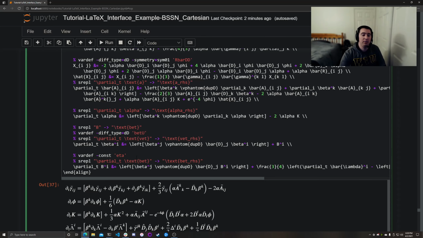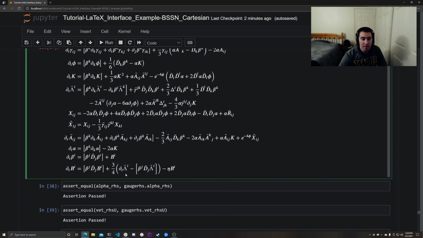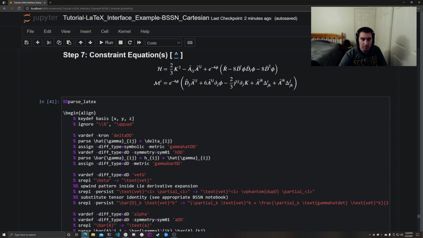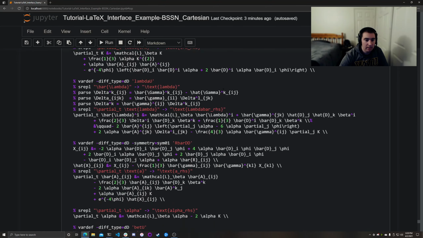Constants will just be pulled out of derivatives, obviously, and you use this const option on the vardef macro to assign that. And then, of course, we have to upwind all of these bracketed terms. And then it parses all three validation tests. Moving on to the constraint equations. Here we have the Hamiltonian constraint and the momentum constraint. So coming down here,